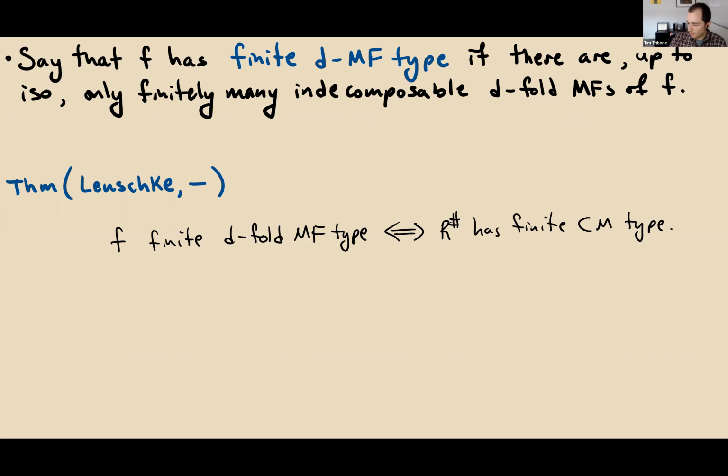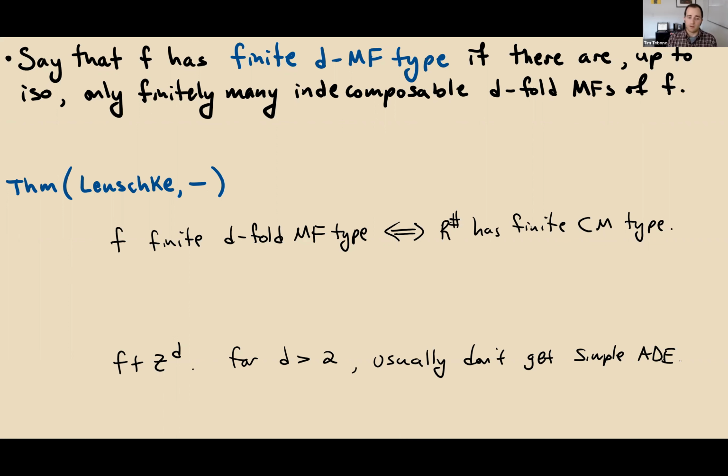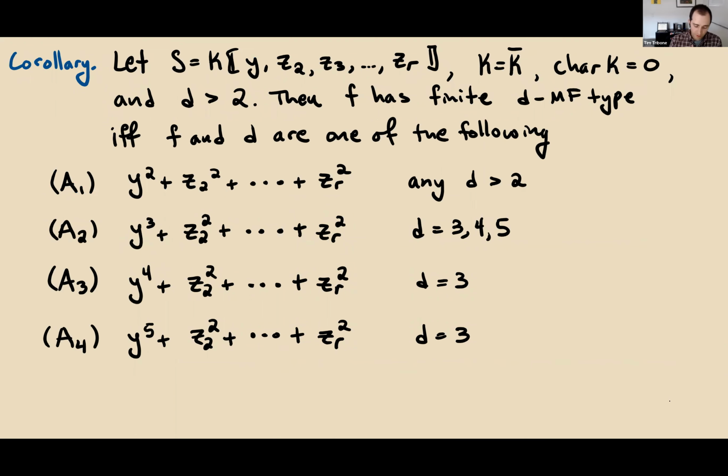Right. So I only had one more thing to say, so I'll just squeeze it in at the end here. So what you might notice is that when we're talking about hypersurfaces that look like this, you added on a term z raised to the d power. So if you're familiar with simple or ADE hypersurface singularities, what you might notice is that for most d bigger than 2, you usually don't get a simple ADE hypersurface from adding on a term of the form z to the d. So you can take that idea and see how far it goes and write down the following corollary, which is that